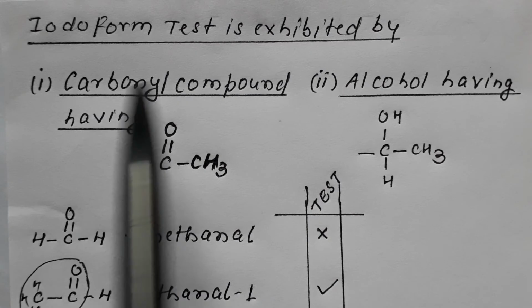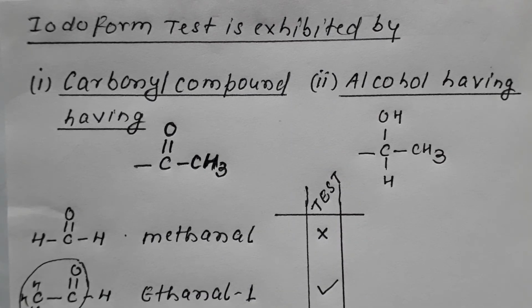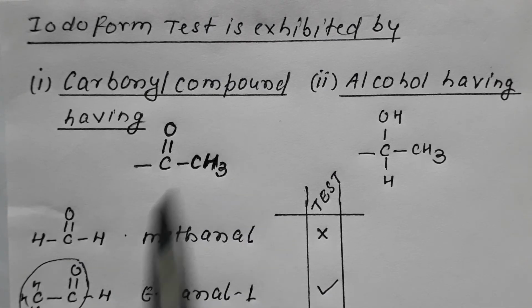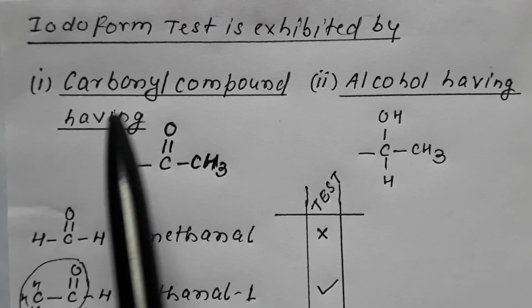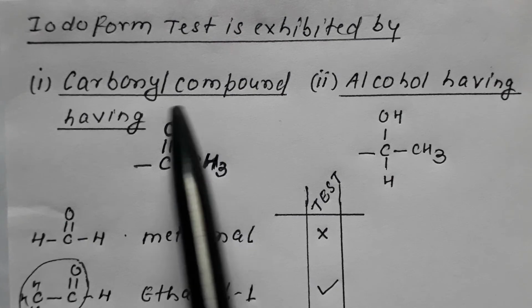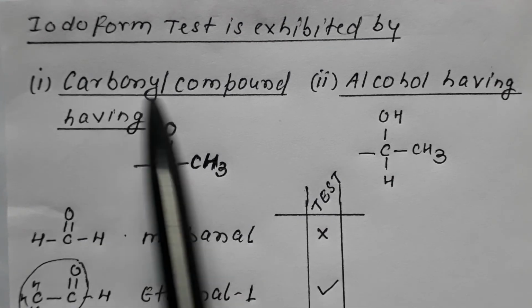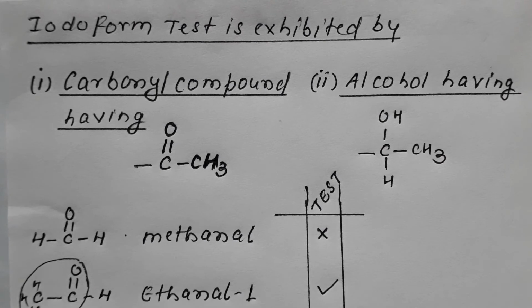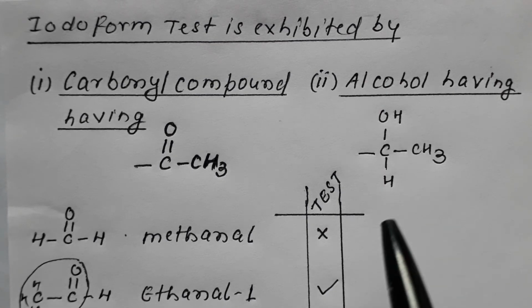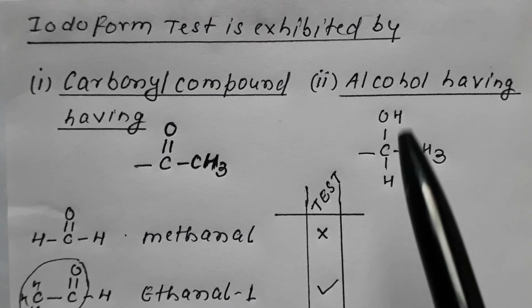Now this iodoform test is exhibited by two categories of compounds. One is carbonyl and the other is alcohol. All those carbonyl compounds which contain the C=O CH3 group, called the acetyl group, that is, the carbonyl compound having the acetyl group, and all those alcohols which contain the CH3-CH(OH) group, this group,